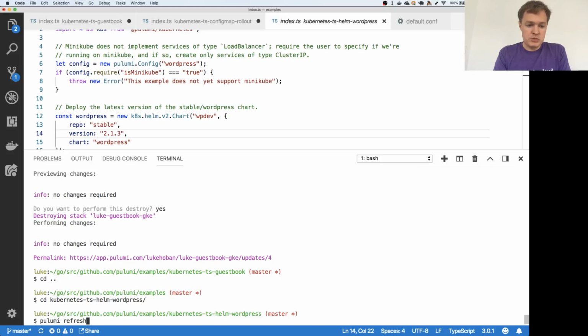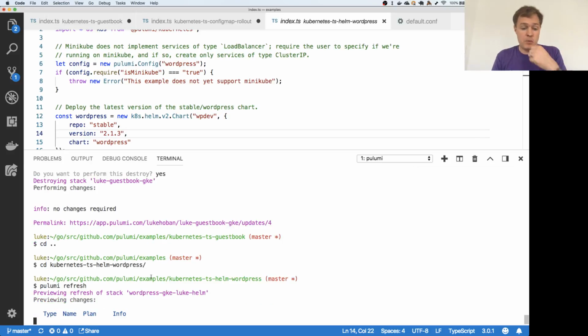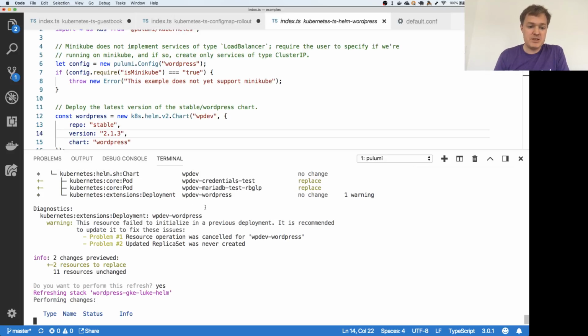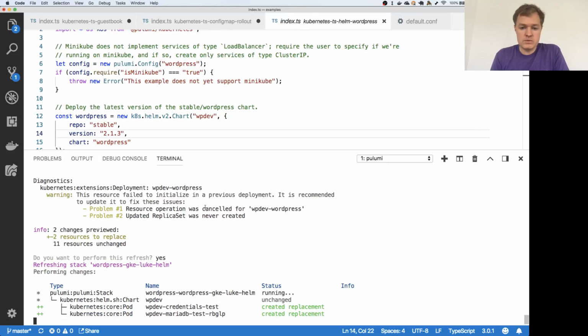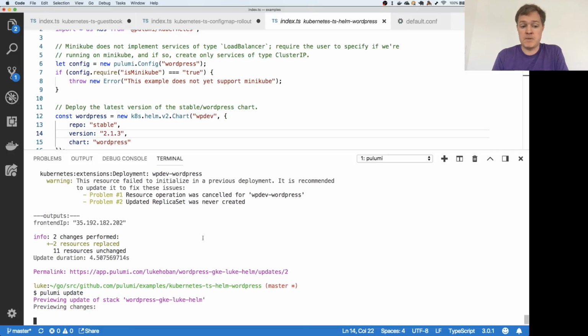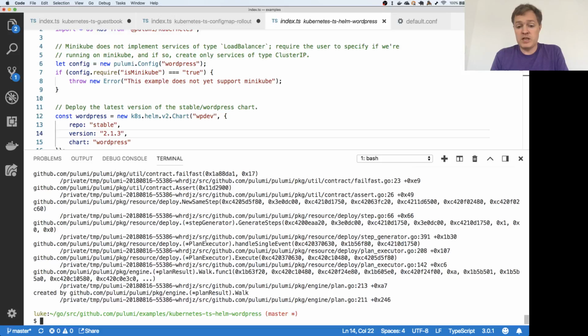The first thing we'll do is a Pulumi refresh to make sure that we capture any state that was in the cluster and that it's adopted into our current state. So Pulumi refresh will actually go out to the cluster and update ourselves with the information from the cluster. And then we can run Pulumi update to continue the update from the state that the cluster is actually in. And we'll see here, it'll tell us, oops,